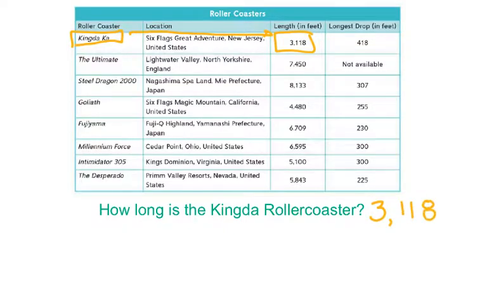3,118. Then below that, I want you to go ahead and write, well, we'll round to the thousands place. So what we're going to do is look at the number in the thousands place, which is a 3. We're going to go ahead underneath that and keep that the same, keep it a 3, and replace everything after